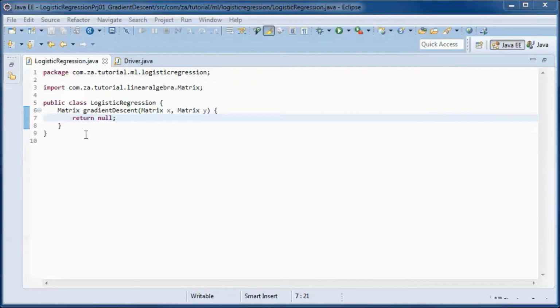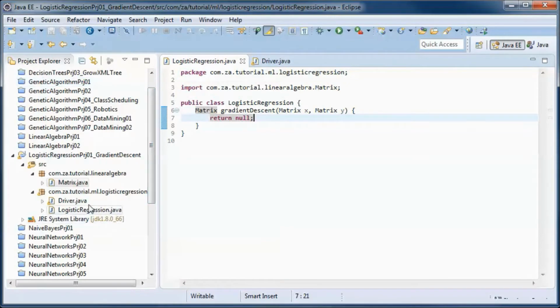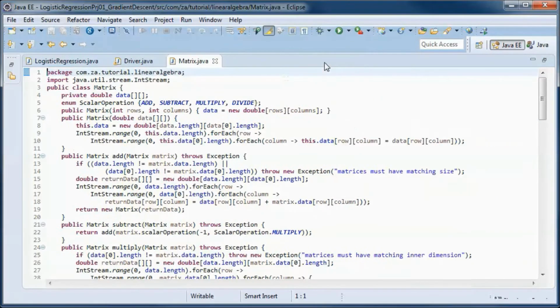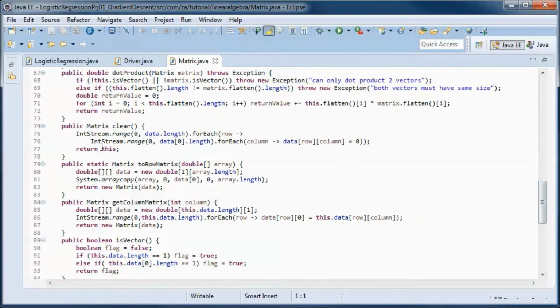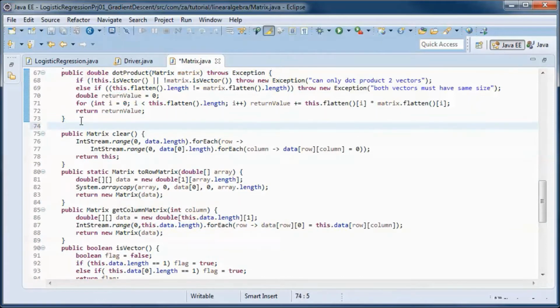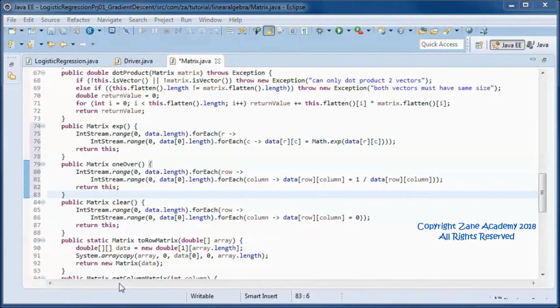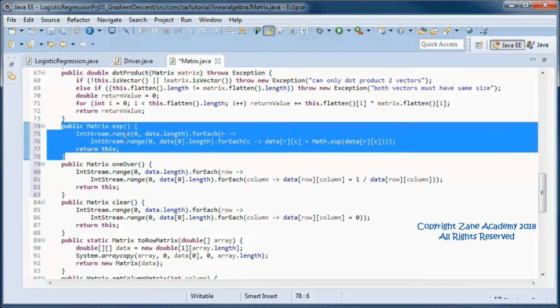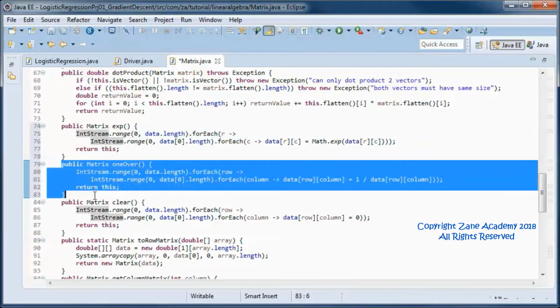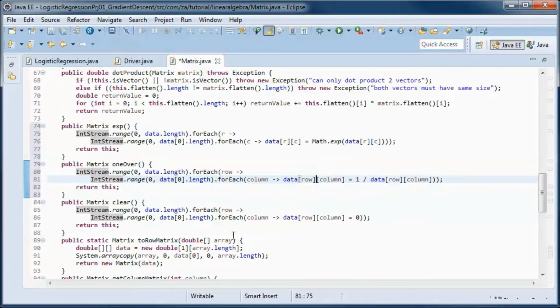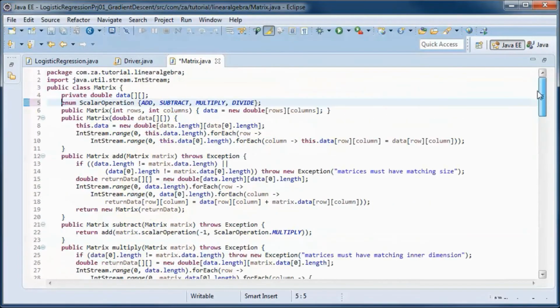Now before finishing up this method, we need to go to the matrix class and add two methods that we will need. So this one applies exponential to all elements of the matrix, and this one does 1 over all elements of the matrix. And let's go up here and make this one public.